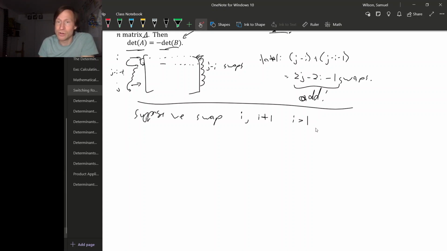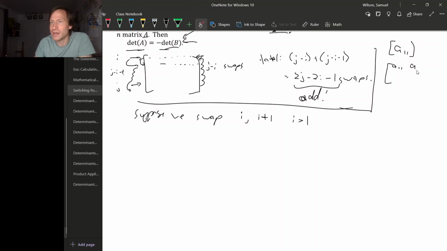And also, I guess I should have said this first, this result is trivially true for 1-by-1 matrices. If you have a 1-by-1 matrix, there's no row switching to do, so it's impossible to switch rows. If you have a 2 by 2 matrix, so A11, A12, A21, A22,